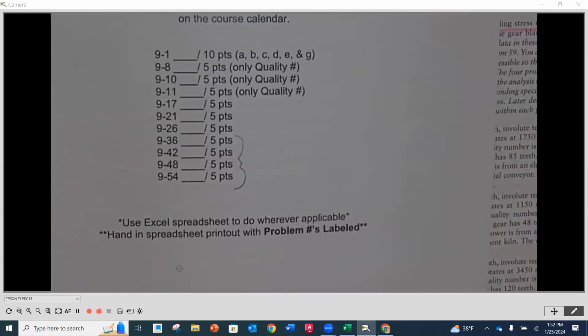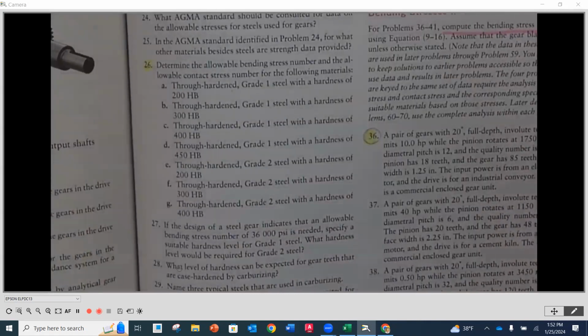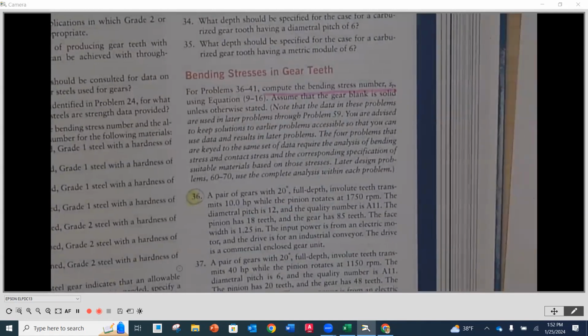Now, the last 4 go together. So 36, 42, 48, and 54. They're kind of like a continuation problem, like how we did our examples through the chapter. So let's go to number 36 to start. So on page 425, second column,